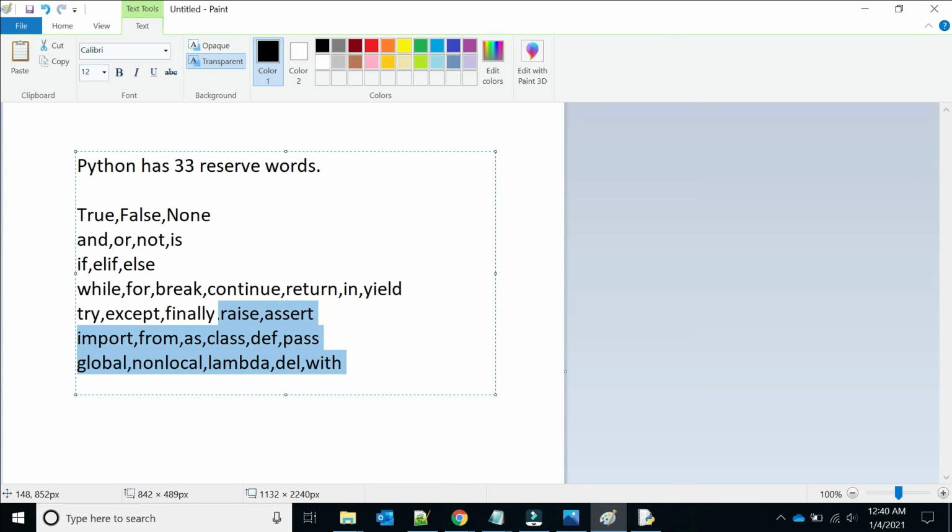So these are the 33 reserved keywords in Python, and we cannot take these as identifiers.